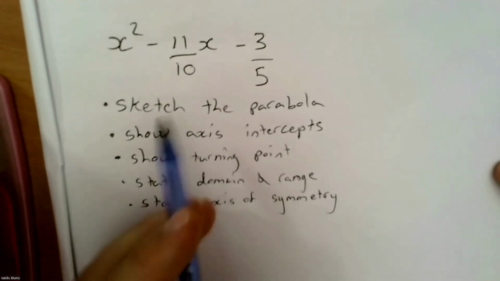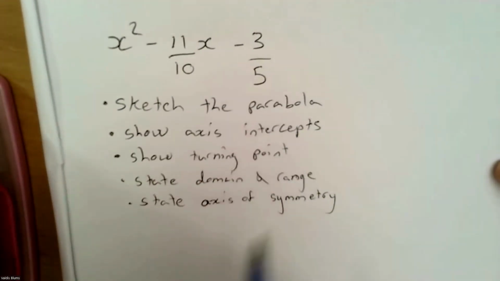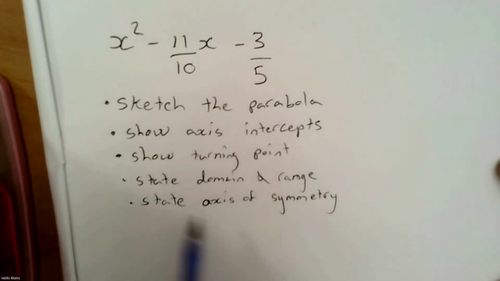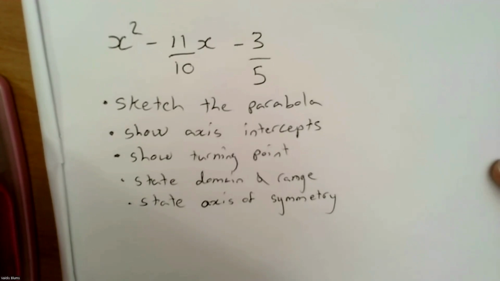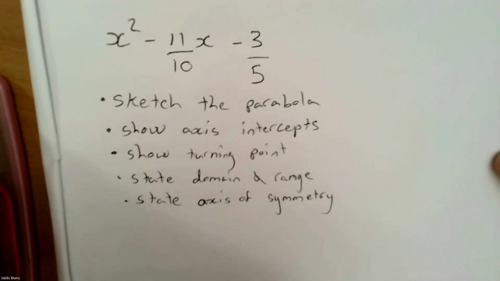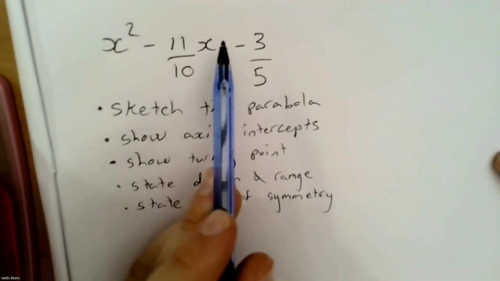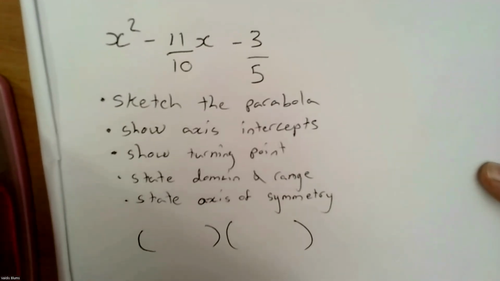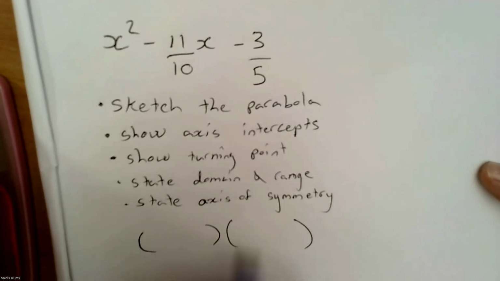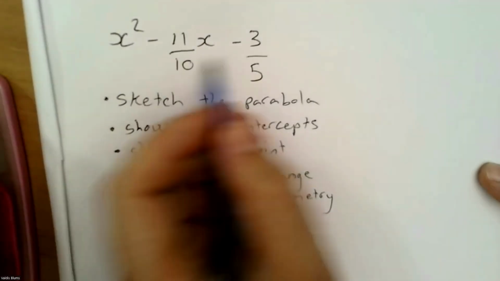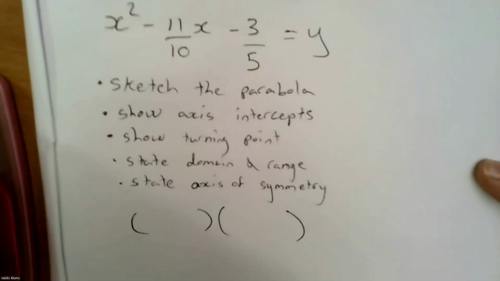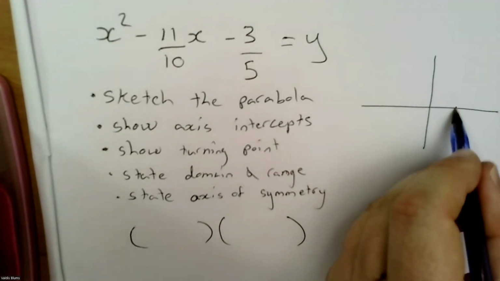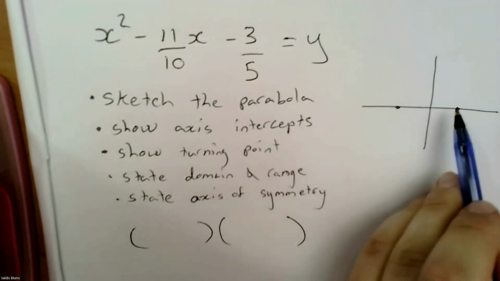Okay, next question. I've got another quadratic equation here, and I want to do the same thing as last time. I want to sketch the parabola and show the intercepts, turning point, domain, range, axis of symmetry, all the same stuff. Now, the question that I've chosen here does not factorize nicely into whole integers in its factorized form. So if we say this is equal to y, how do I find my x-intercepts if I can't factorize